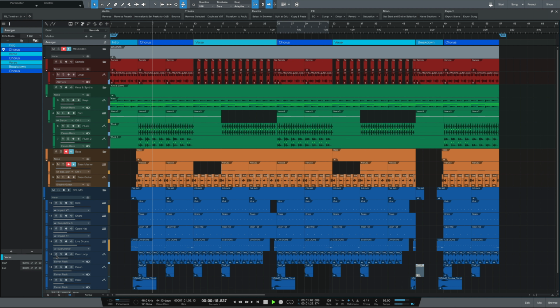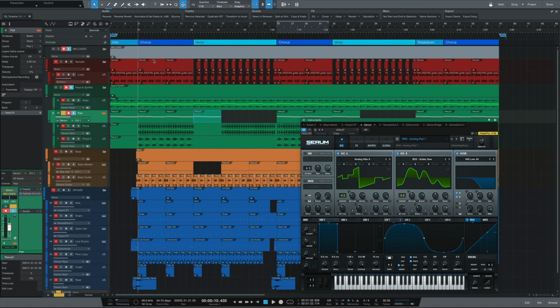Another way to incorporate movement into your productions is to add some modulation to your sounds, and one of my favorite ways to do this is to add a tremolo effect. A tremolo effect essentially creates consistent changes in volume, which results in a sort of trembling effect that is fantastic for movement. In some cases, this type of modulation can already be present on a particular patch that you selected, like the one on this pad from Serum. If it's not already there, then it is super easy to add by inserting a tremolo plugin.